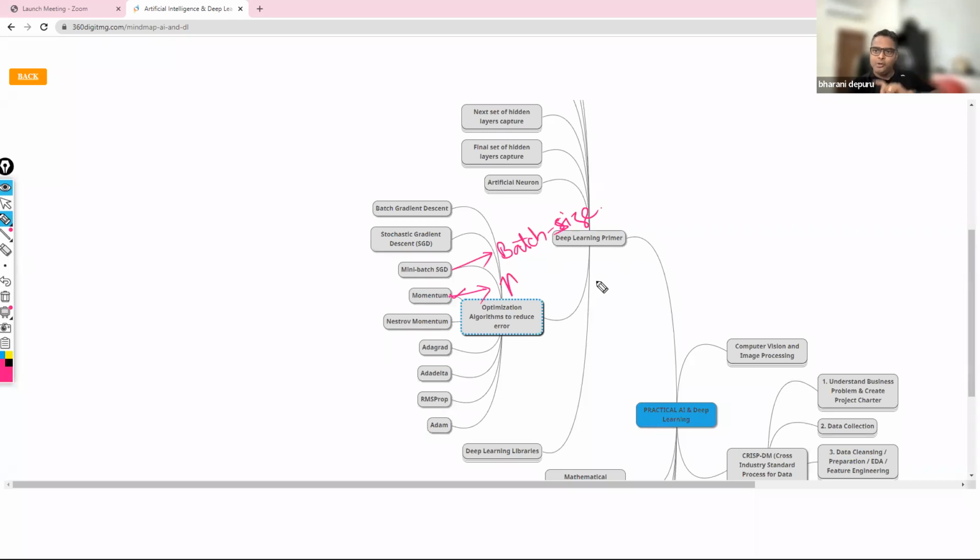Momentum will look at the past gradient, past information, and then it will make amends to the current. Whereas Nesterov momentum will look at both the past as well as the future information. Both the past and also future. When we update, what will be the future? Then we have Adagrad. Until here,